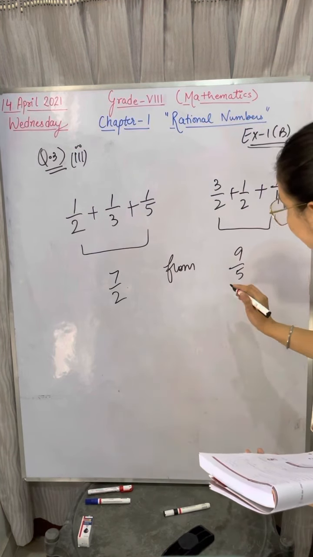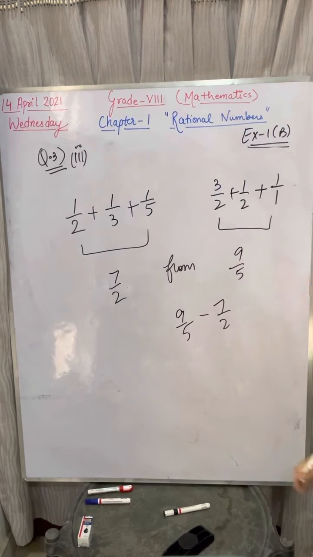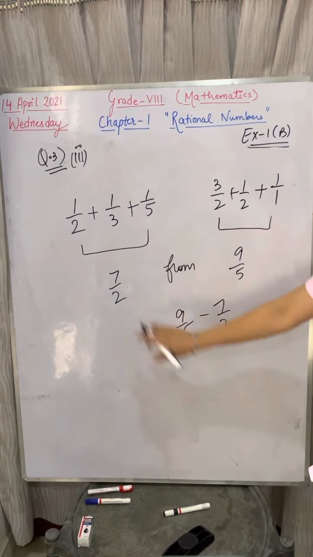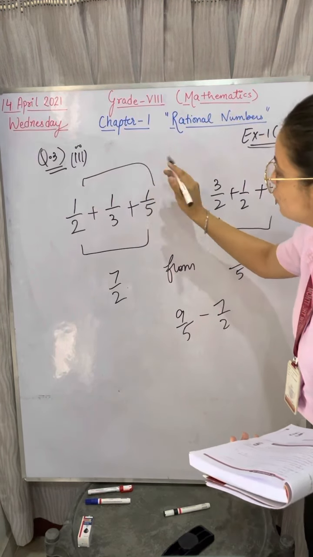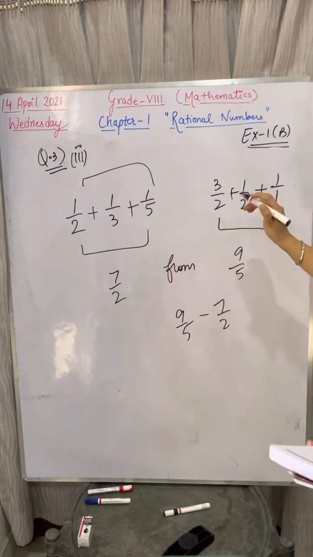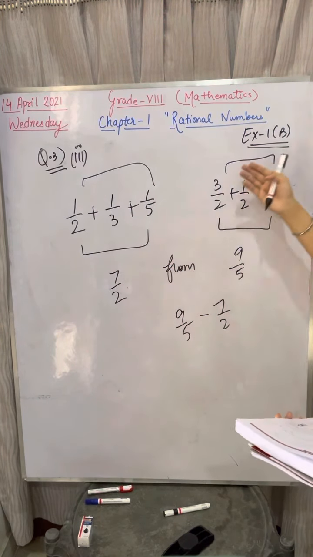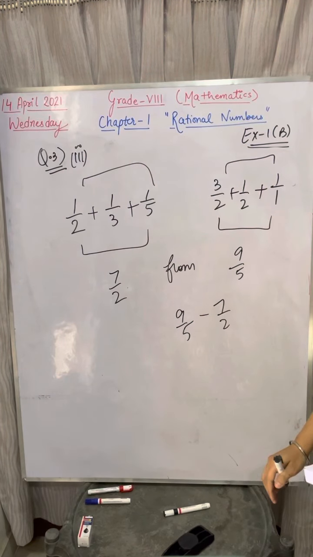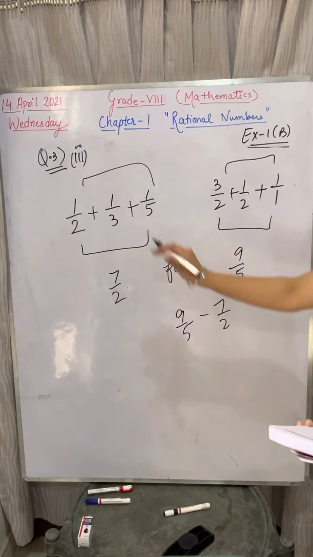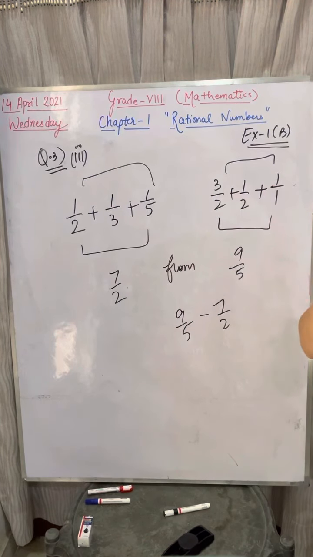This from this means 9 by 5 will be here, and this you have to subtract like this, and then you have to solve. Okay, third part is easy. 3 fractions are given. You have to add these 3 fractions, and then you have to add these 3 fractions. Whatever the answer will come here, then you have to subtract this from this, and your answer will be there. Right? So this third part is your homework question. Okay? You have to solve these questions, whatever I'm giving you for the homework.